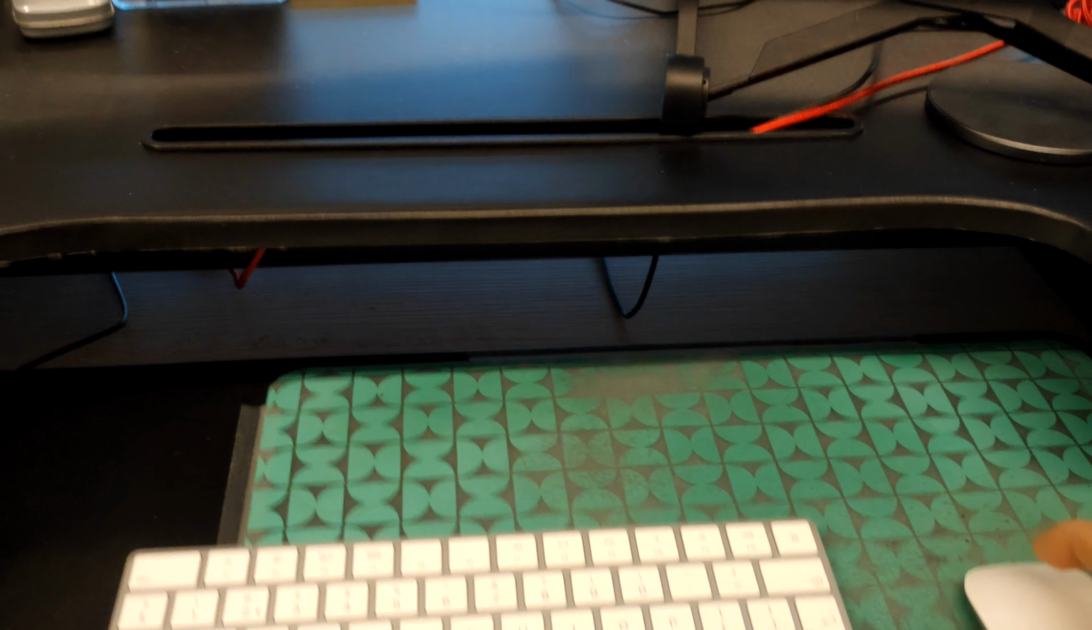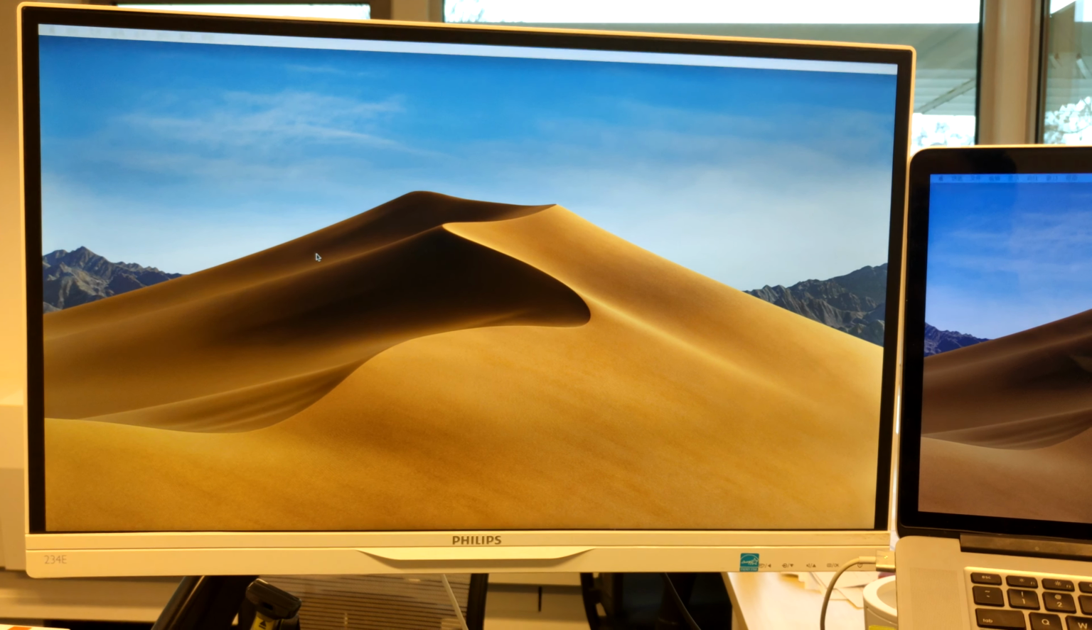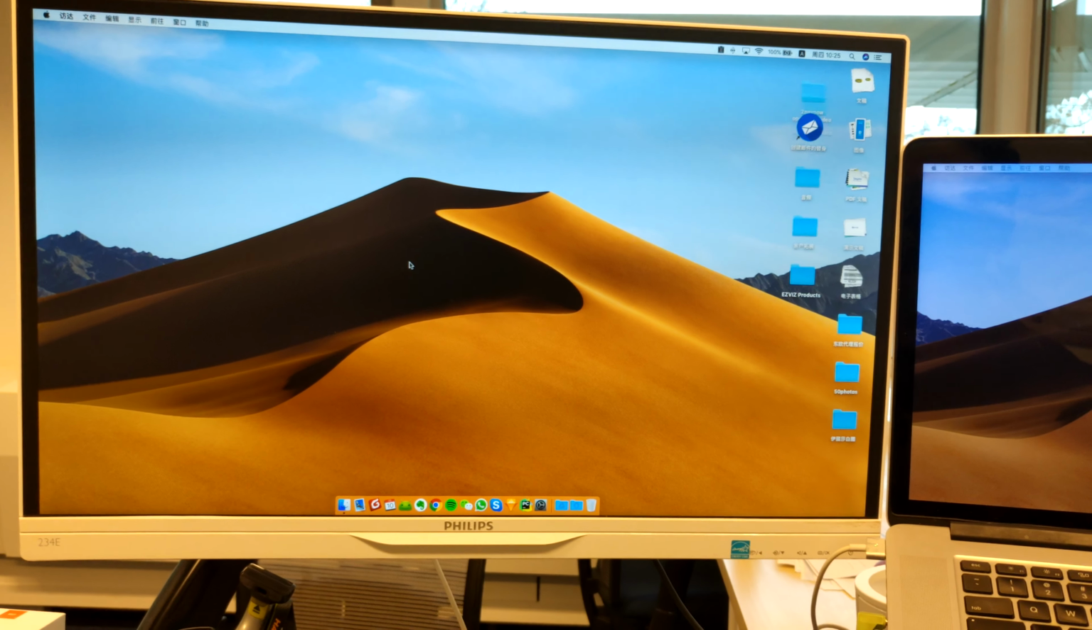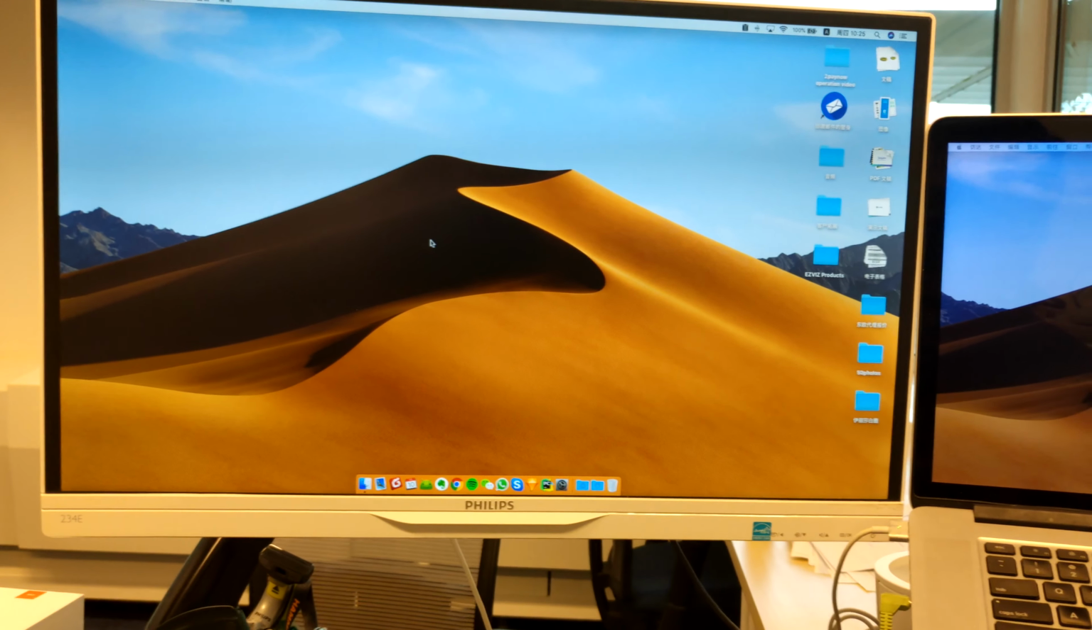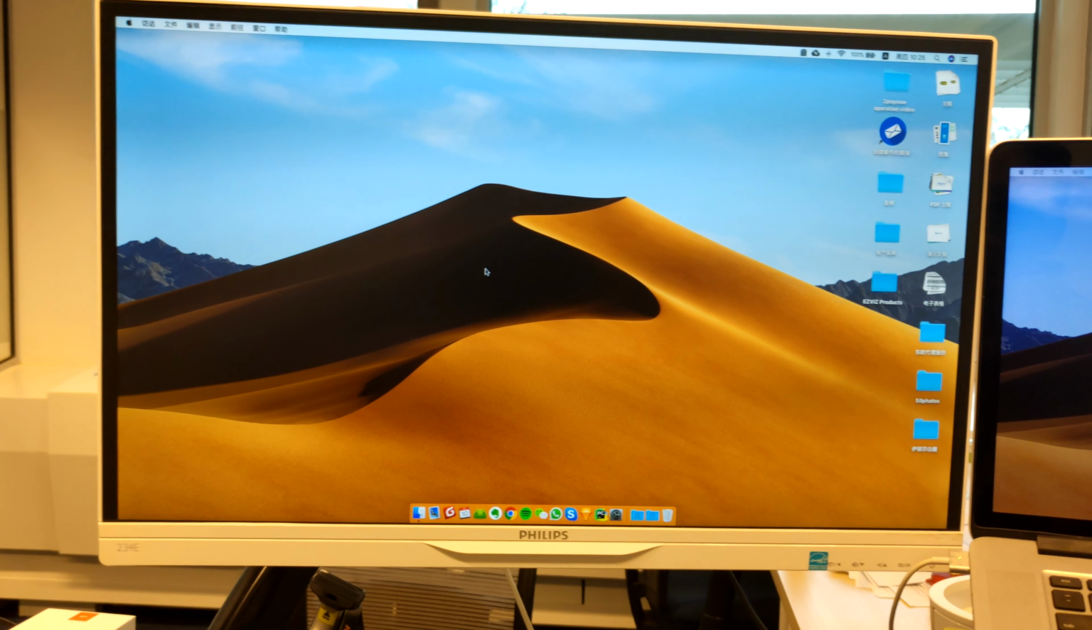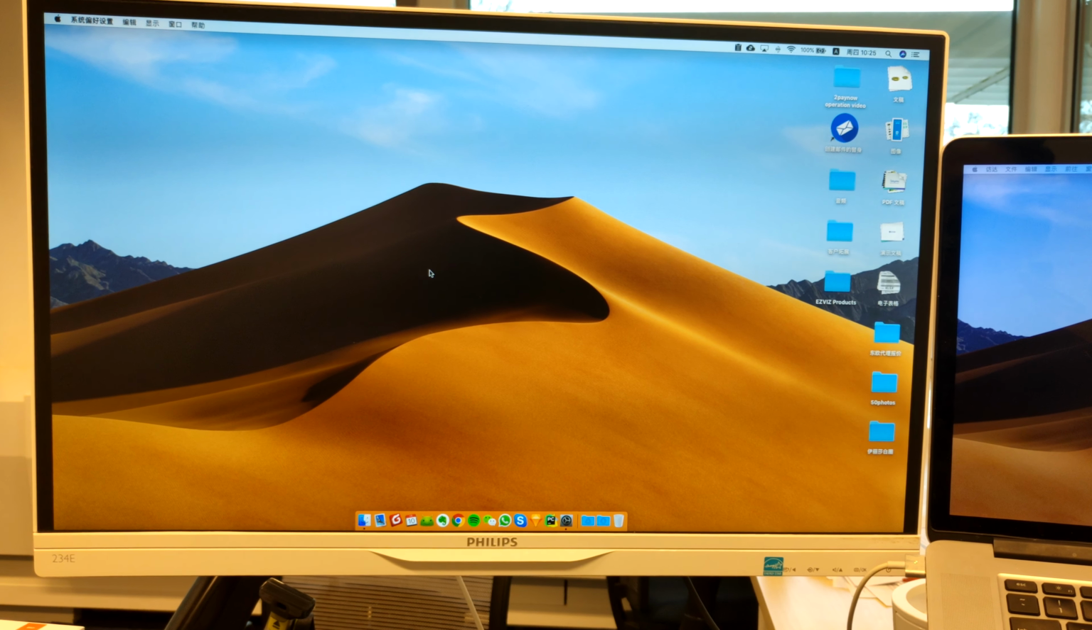Well, yeah, now everything works just fine, and I hope this solution will help you to keep your Bluetooth devices connected to your Mac. And if you have any